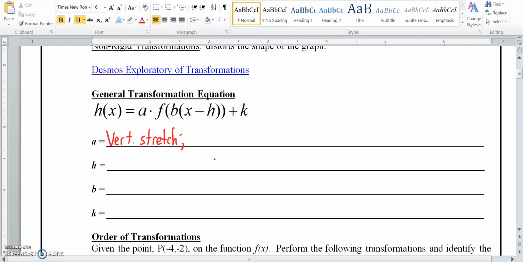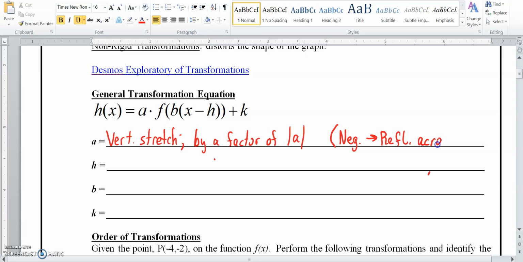We say that it stretches the graph vertically by a factor of, and in this case, it's not just a factor of A, but the absolute value of A. So if A happens to be negative, the vertical stretching alone is just the positive, the absolute value of. If it happens to be negative, what we said in class is if that's negative, what that does is that takes our graph and it reflects it